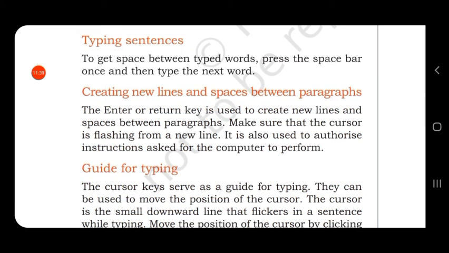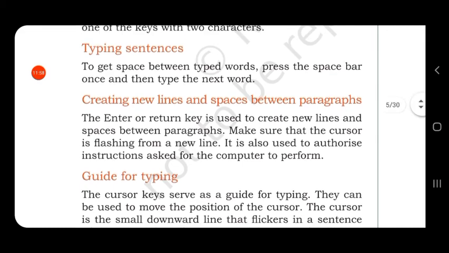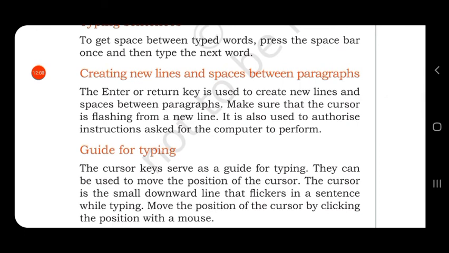Then creating new lines and spaces between paragraphs. To print in a next line or to create a new line, we have the enter key or return key. It is also called the carriage return key, which is used to create new lines and spaces between paragraphs.